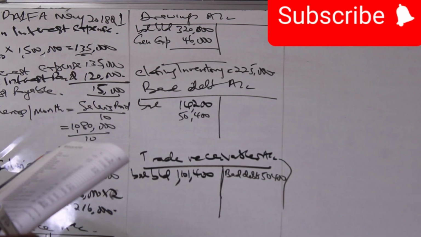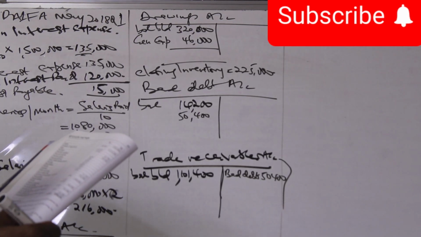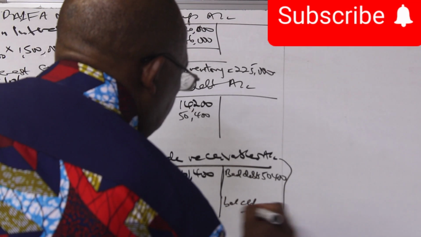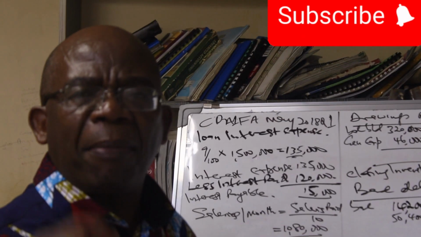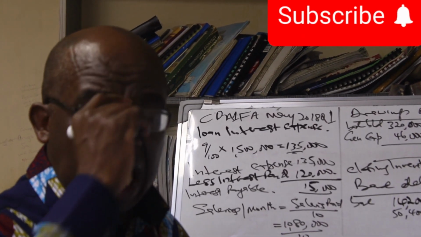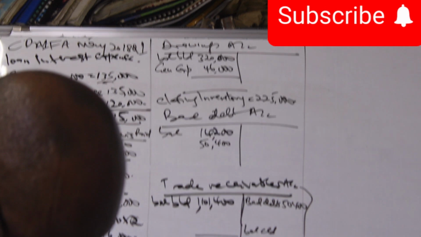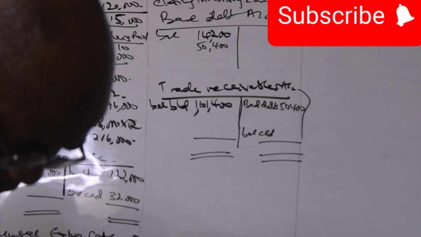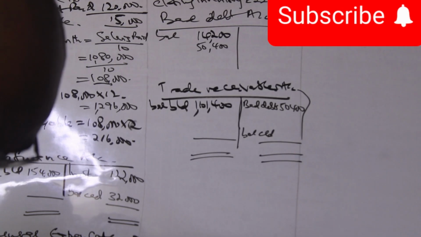Then we are told this amount is to be written off. Now, an allowance of receivables is to be maintained at 3% of the remaining receivables. So our balance carried down. Once we get our balance carried down, we now provide for doubtful debts. You must realize that we provide for doubtful debts after we have deducted all bad debts. So 1,101,400 minus 5,400, we get a figure of 1,051